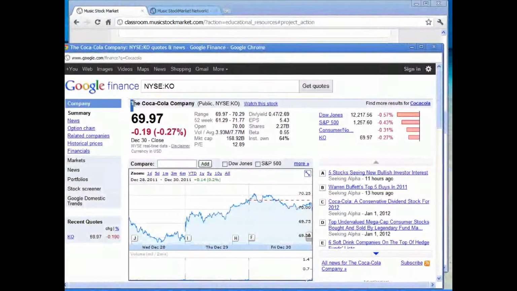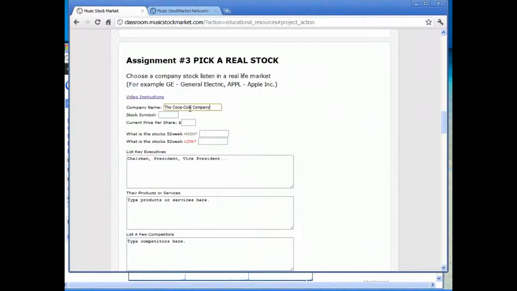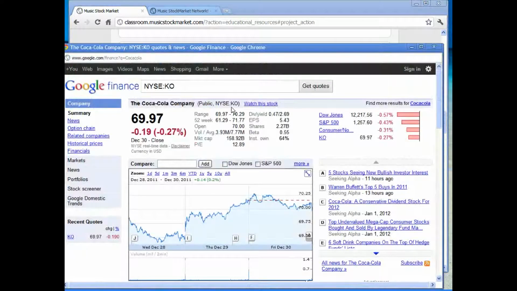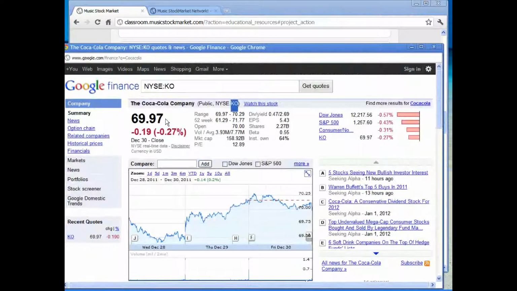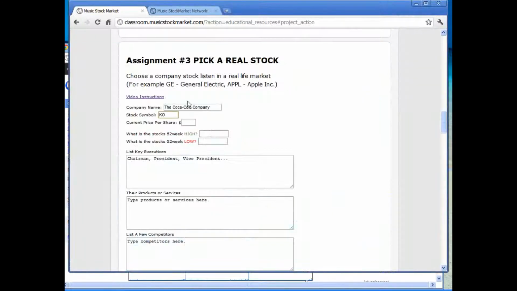So company name will be the Coca-Cola Company. The next item, the stock symbol. As we can see here, it's going to be the letters K and O. So we'll go ahead and enter this in. And then current stock price per share. We're going to find that here. It's in the big font. And in this case, it is